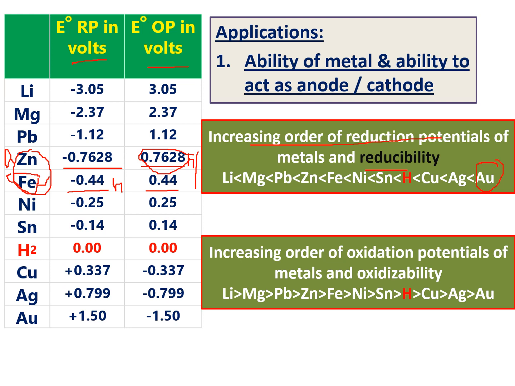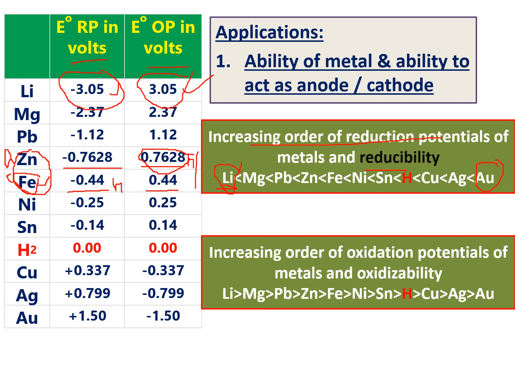Because it has a higher reduction power, it has a lower oxidation power. That's why Au is easily involved in reduction but not in oxidation. If you see the lithium metal, it is easily involved in oxidation. Why? Because it has a lower reduction potential value. Lower reduction potential value means higher oxidation potential value. So its tendency to be involved in reduction is very low, but its tendency to be involved in oxidation is very high.